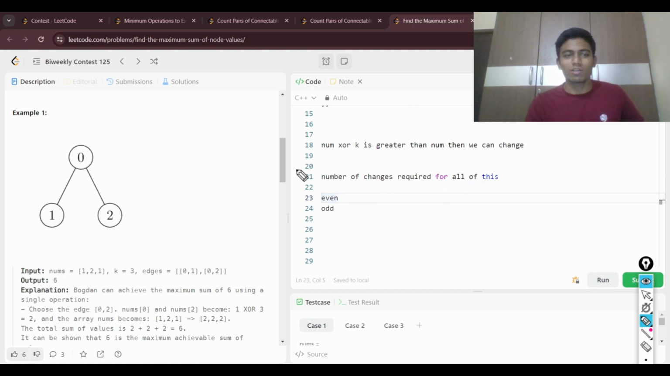it is odd. Let's say we want to change only one element, only one element, and to change only one element, let's suppose we apply the change on this particular node, then this becomes changed, and then this becomes changed. But we don't want this. Why? Because num will be greater than num XOR k. So if we use num XOR k, then we'll lose some value,